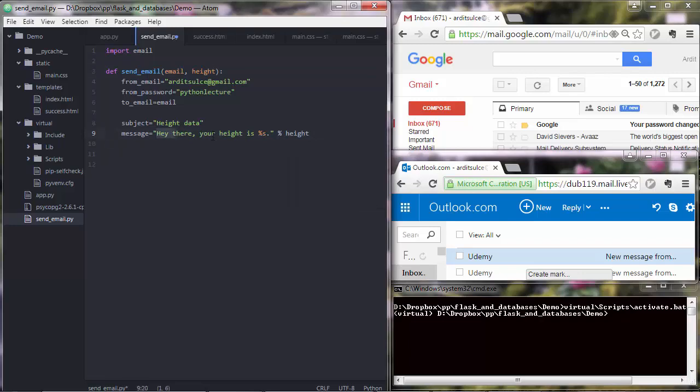Good. This will be sent as plain text, but if we want to make this HTML enabled, we'd want to use MIME text. Actually, we need to import that. I imported email earlier, but sorry if I confused you, we don't need email, we need mime.text. Import mime text. Actually, from this